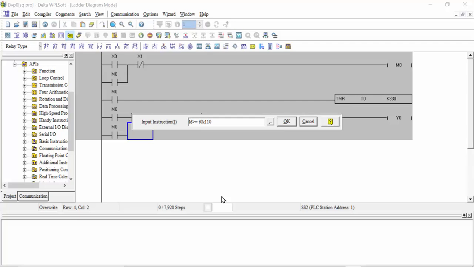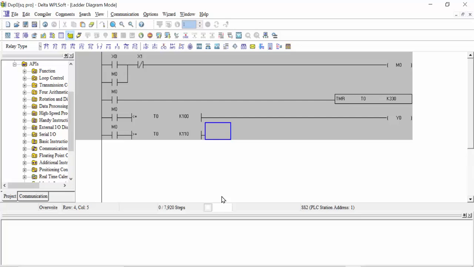Inside the T0 you have to give a space before K, otherwise it will not be accepted. When T0 is greater than or equal to K110, next we will take less than or equal